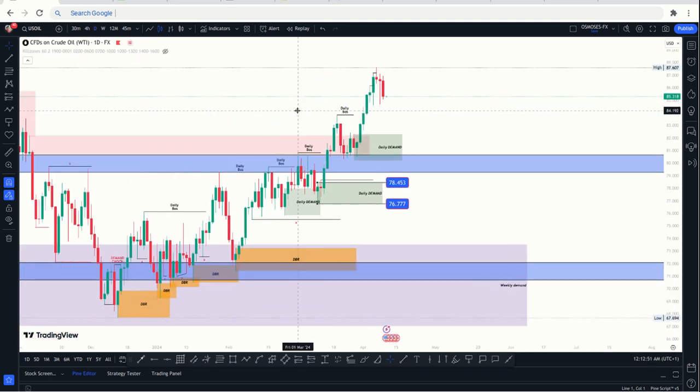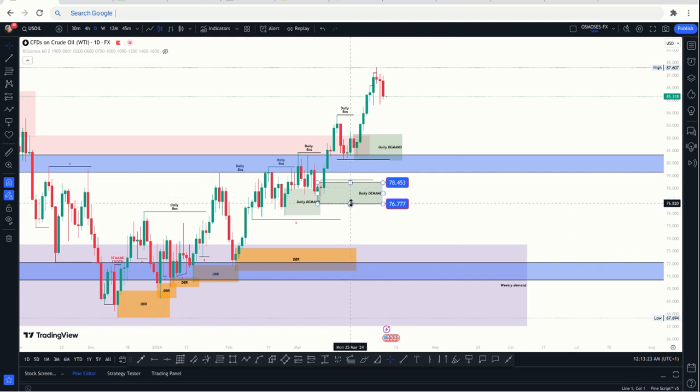So on my daily view, you can see I have this demand, I have this demand. These two demands are the demands that we are looking at presently. So if we are looking at these two demands to continue the trend, then this is also a liquidity. So this first demand could be taken, and this second demand